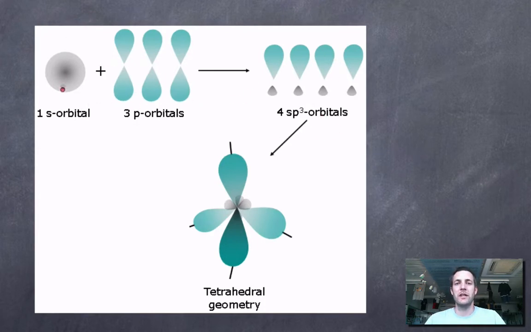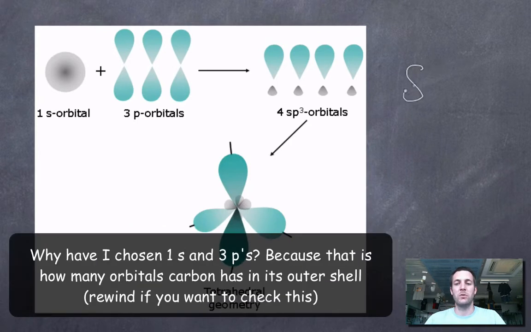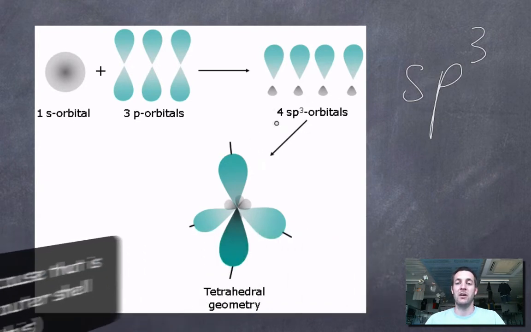Now, the law of the conservation of energy says that if we take four orbitals and mix them together, we're going to end up with four orbitals. What might we call these four orbitals that we've made by mixing? Well, we took one s and three p's, so why don't we call them sp3 orbitals? Because that will show what we mixed to make them. And the maths